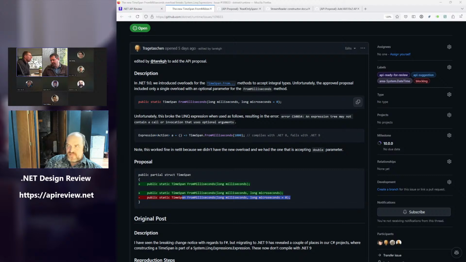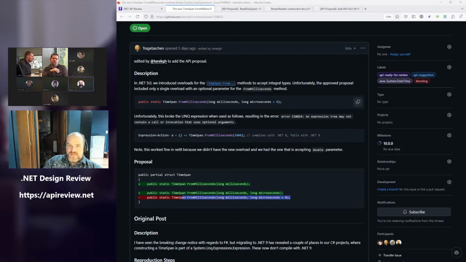But that requires whoever does the overload resolution to understand optionals and then not discard them due to error, right? Which is what the previous algorithm clearly did. Yeah, I kind of am with Jeremy on this one. I don't want to set the precedent that we do this, because then effectively we're saying we give up on optionals. It makes sense in areas that have a super high chance of being used in expression trees, but TimeSpan.FromMilliseconds is just a random API. By that logic, anything could be used inside of an expression tree, right? So I don't think that makes the bar.